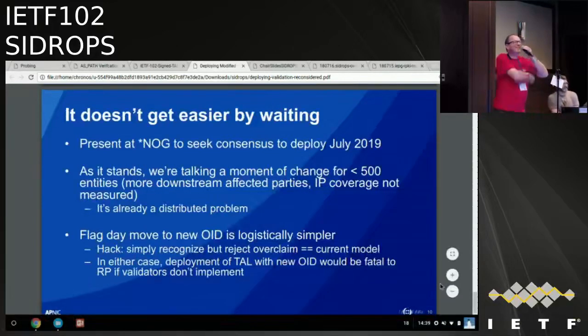So yeah, Tim Bruijnzeels is no longer with RIPE NCC, but at NLnet Labs. So I can't speak for RIPE NCC, but I can speak from memory as to the implementation in the RIPE NCC validator. Version 2 of that was implementing the reconsidered protocol at some point, but as a global setting. Changing that to respect a per certificate choice based on the OID should not be that hard. But I understand there are more players in the room, and this is just one of the validators. So when I said there was potential for the right validator to be in this space, I wasn't overclaiming.